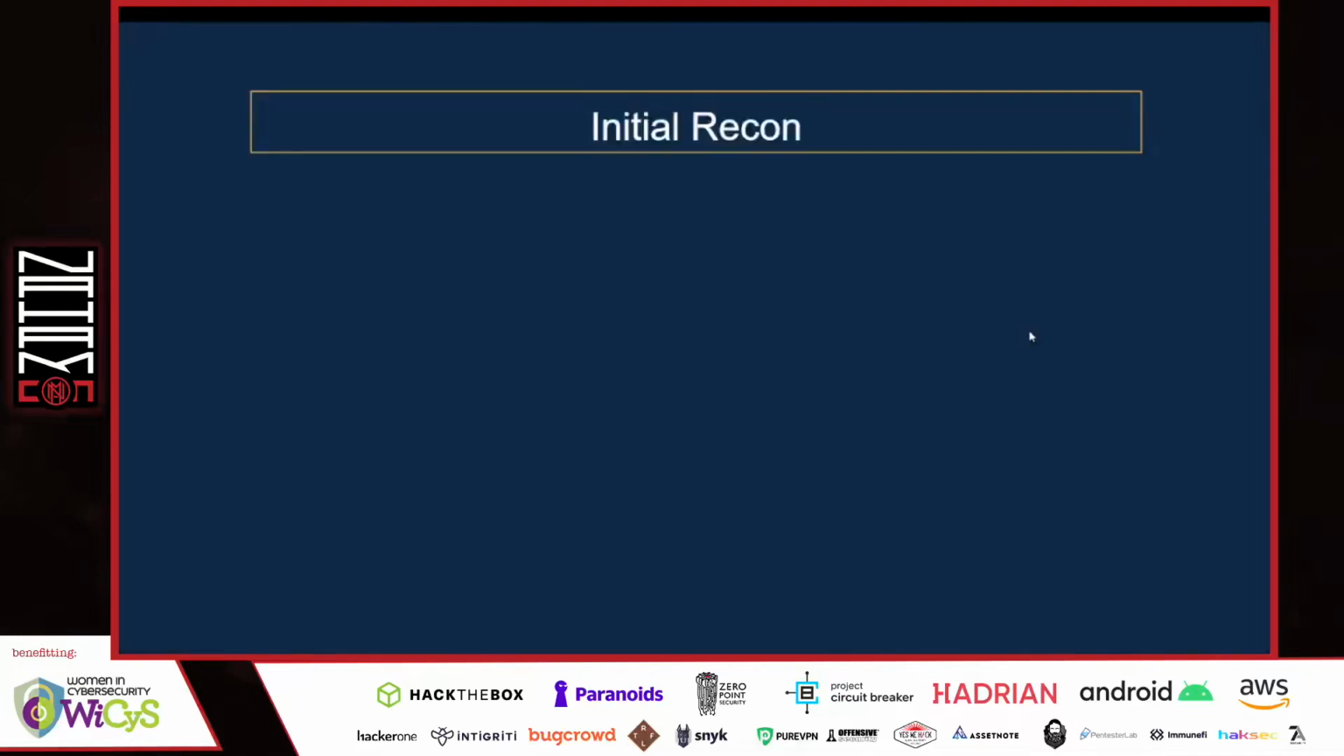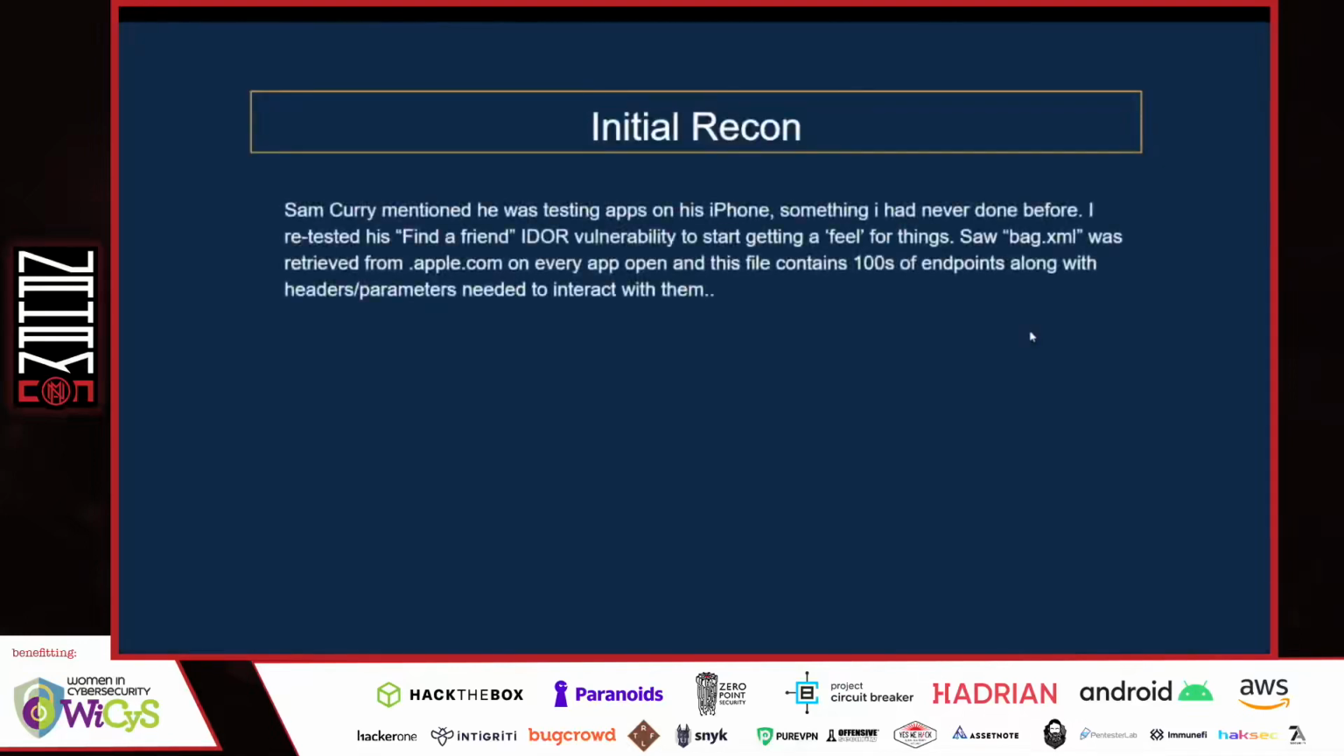So, initial recon. As I say, Sam Curry mentioned that he was testing apps on his iPhone, and it's something I've never done before. So I went and retested his IDOR vulnerability and started to get a feel for things. On every app that I opened, I always saw a request to bag.xml, and at first I ignored it because it's an XML file. I didn't think there'd be too much in there, if I'm honest. I was just messing around looking at things, and then eventually I looked in it, and what I saw was